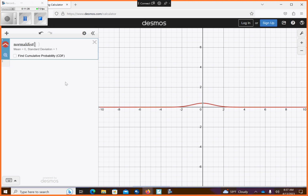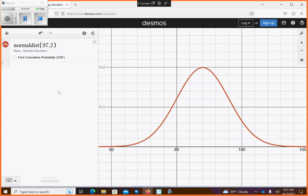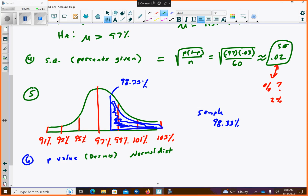Normal distribution. So we have a mean. We can either make it 0.97 or 97%, so I'll keep it as 97%. That means my standard error isn't going to be 0.02, it's going to be the 2%. So this is what our normal distribution is going to look like in this case. Darken it up a little bit. And then I want to find the p-value, and we're going to the right, so I'm going to put in negative infinity. We had this 98.33. Okay, so p-value up here, 0.25. Pretty high p-value, yes? Does that make sense how I found that? Okay, so we have a p-value of